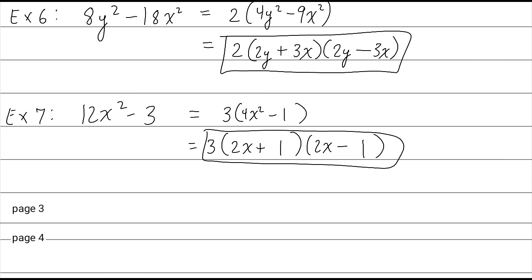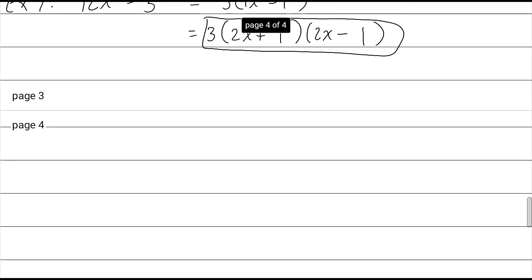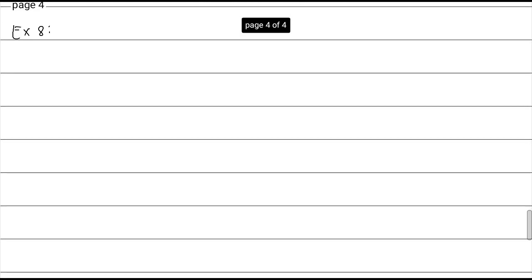Okay, let's do one more example. This one says 4x to the 4th minus 9y to the 4th. That looks tricky. So let's think about this one. Something squared minus something squared. In order to get 4x to the 4th, I would have to raise 2x squared to the second power,